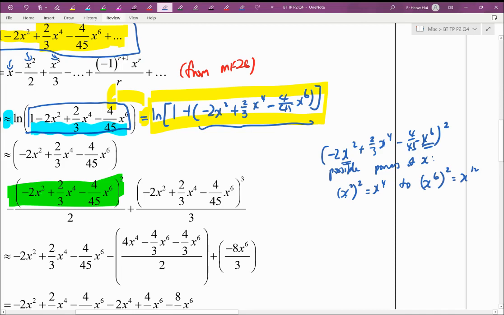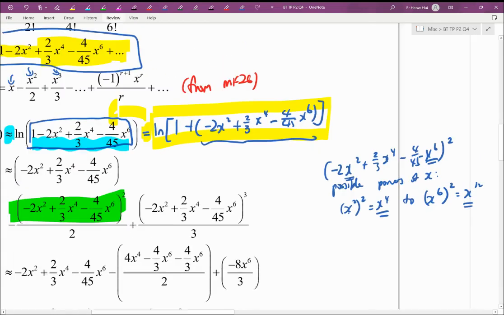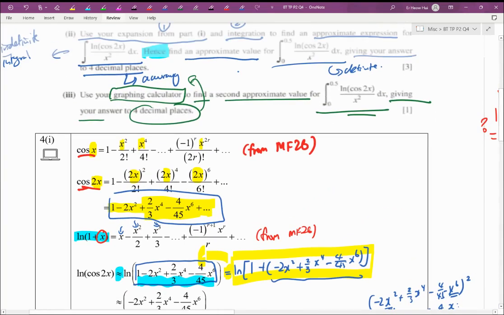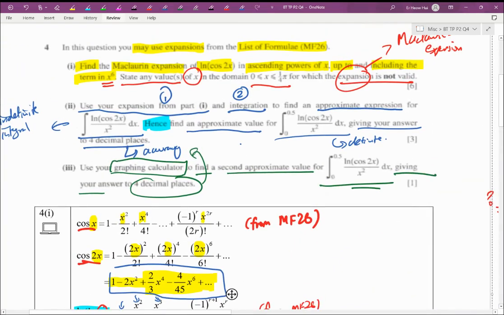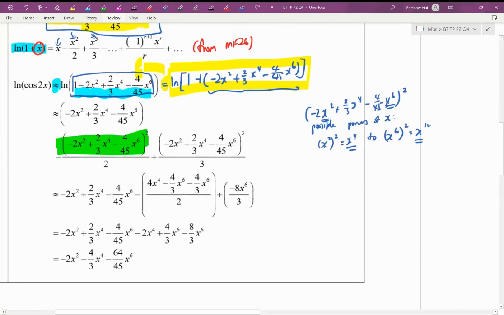So the exponents of x can range from x⁴ to x¹². Before you hit x to the power of 6 that is required, you will still need, I repeat, you will still need this particular expansion in green. Similarly,